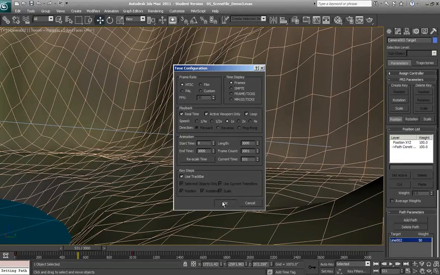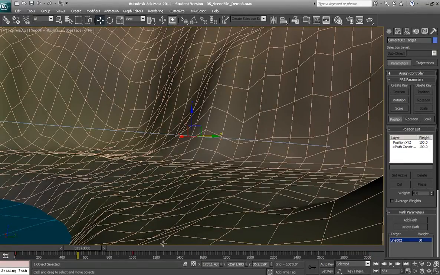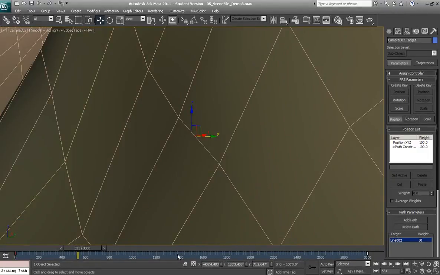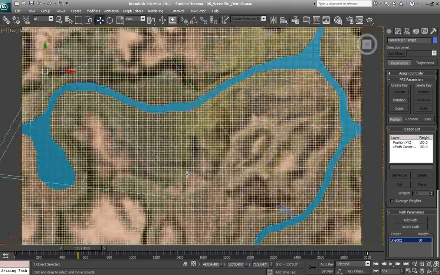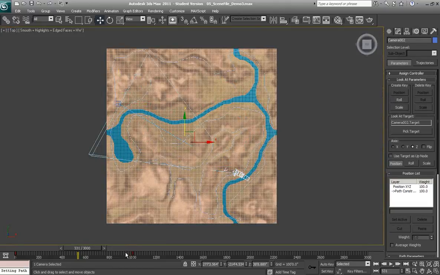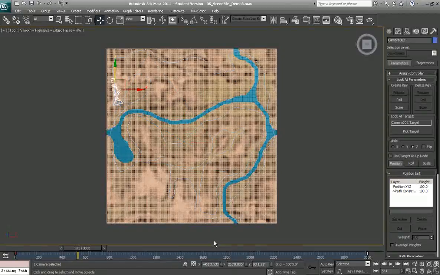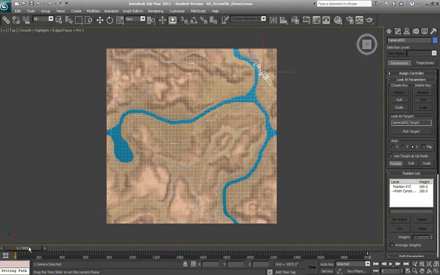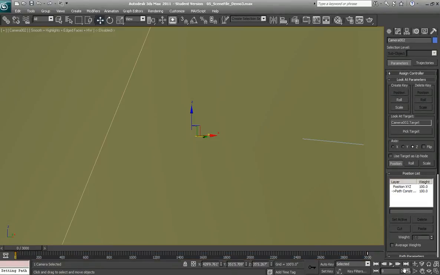So it's a nice slow tour through that level, and now what I'll need to do is grab this keyframe and move it all the way to the end, 3000. And you will also need to do that with the camera. Move that all the way out to 3000. Alright, now you'll have a much slower ride